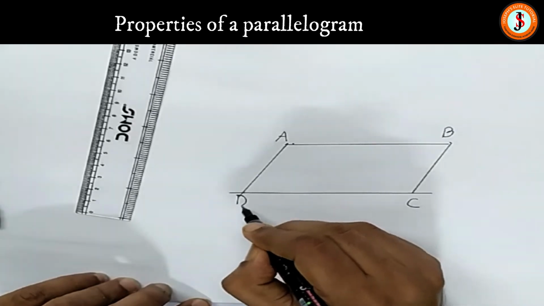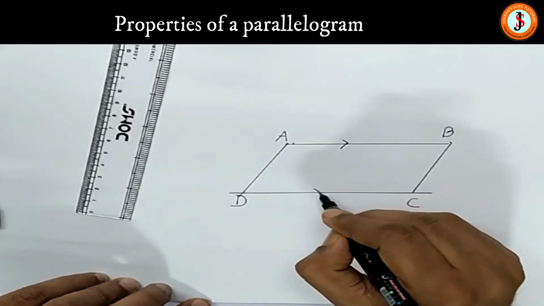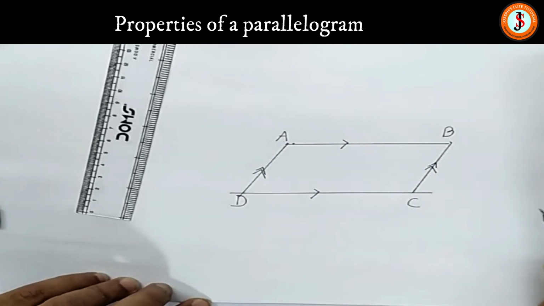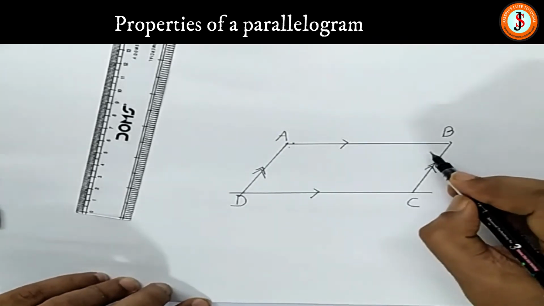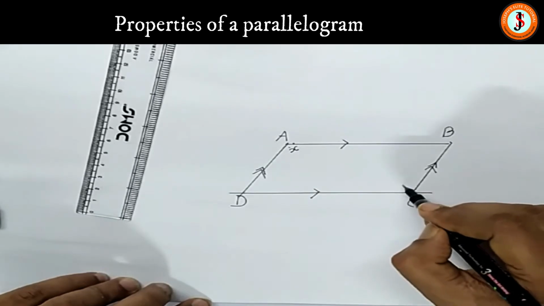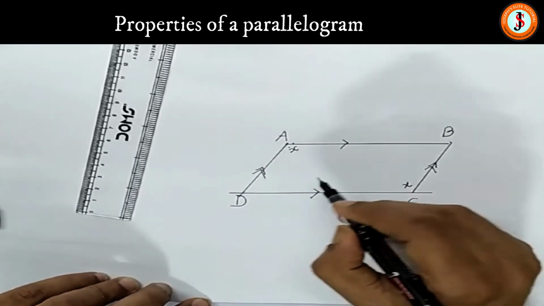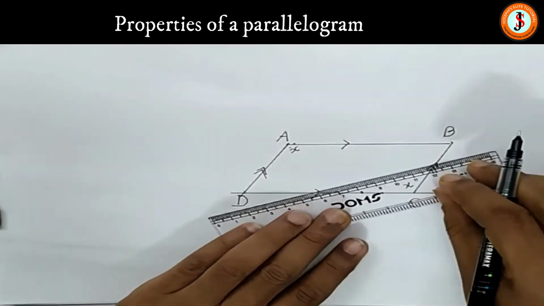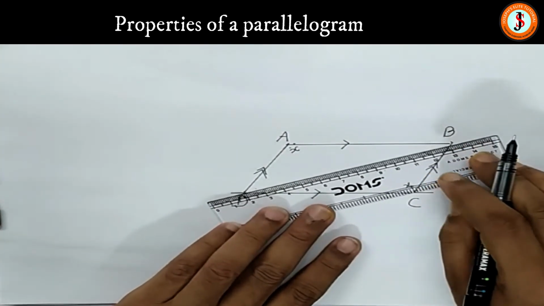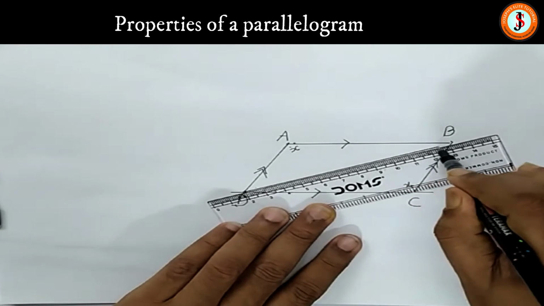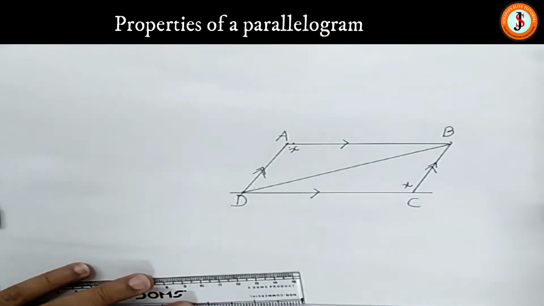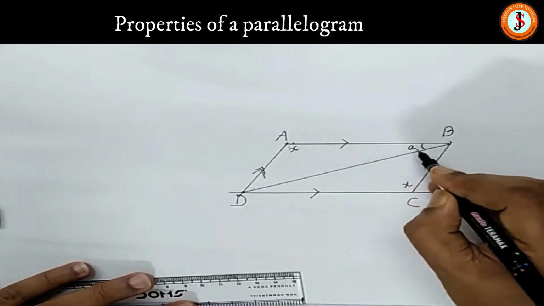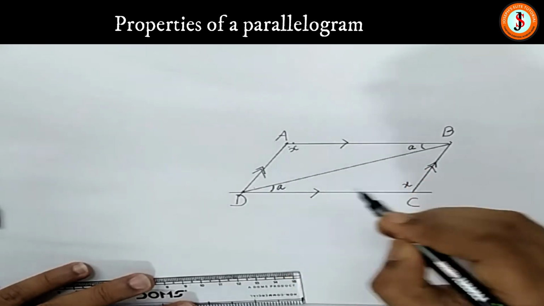So we know three things. One thing we know, these two pairs of sides are parallel and these two pairs are parallel. Alright, and second, this angle if it is X, this angle is X, and this angle if it is Y, this angle is Y. That's okay. Now what I do is I join one of the diagonals and I have a look if I can prove something. So see, we will come across a congruent triangle. If I put this angle as A, so by geometry this angle will be an alternate angle.